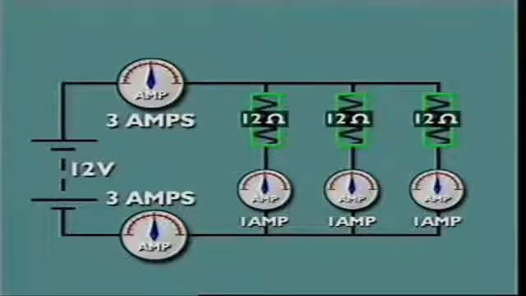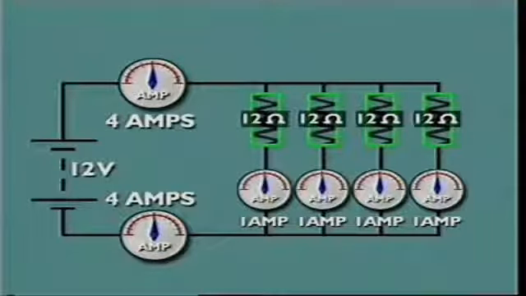Another resistor of 12 ohms is now added to this circuit. It produces an effect which is the opposite of what might be expected. Current increases from 3 amperes to 4. This is because in a parallel circuit, adding more branches provides more pathways, but decreases the overall circuit resistance, so